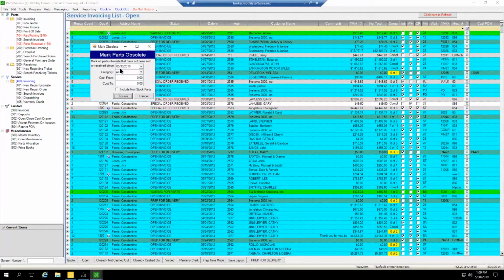Now what you're going to do is use basically the same filter or date you used on your report. So I'm going to go to May of 2018, all categories. You want to make sure you select the part category so you don't affect anything else. You can also use a price range. So you can say, I only want to do this to parts that are between 100 and